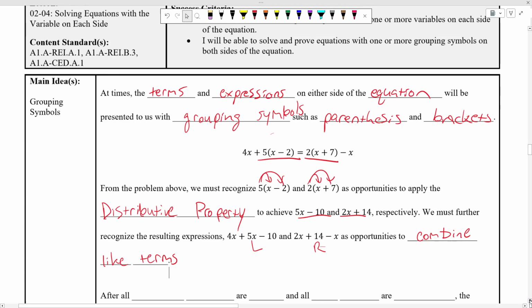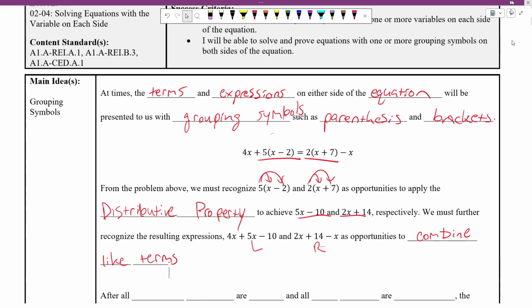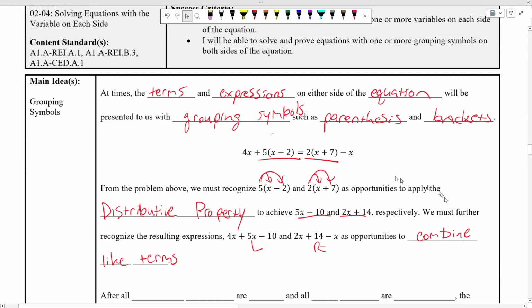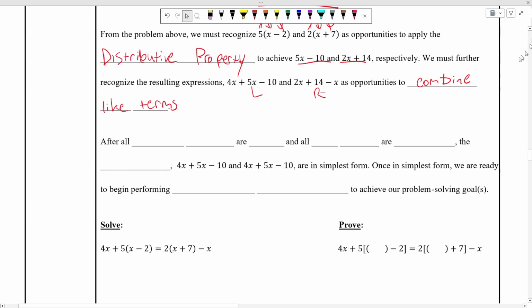So the difference here, though, is that we will ultimately combine like terms on the same side of the equation and then combine like terms through inverse operations like we've been doing. But anyways, let's not get ahead of ourselves here. Let's think about things a little bit. After all the grouping